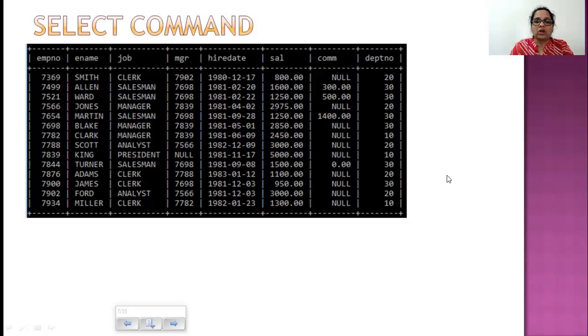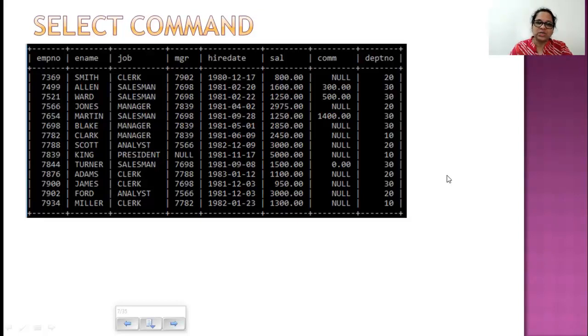I hope you know what most of it means. Probably the only 2 columns that you wouldn't understand are MGR and COMM. COMM stands for commission. That means, do these employees get commission? You can see some of the values are null, which means these do not get commission. Some have values written there, and one person has the value 0. So what does this mean? That this person is entitled to a commission, but he has not got a commission for some valid reason.